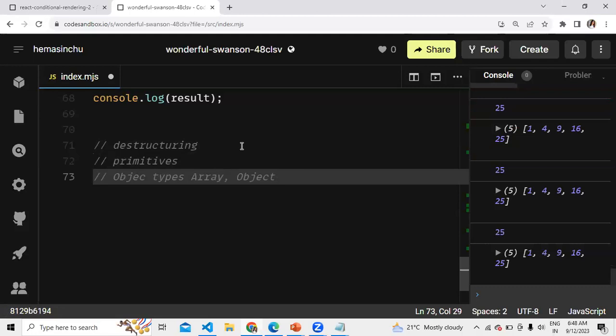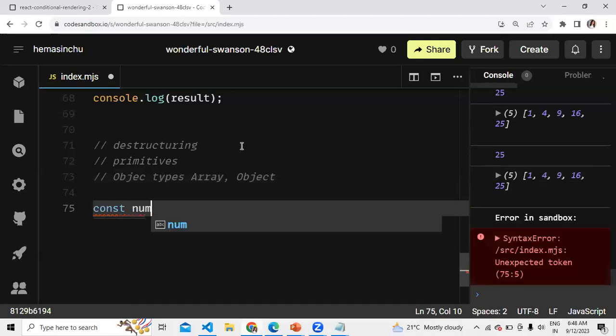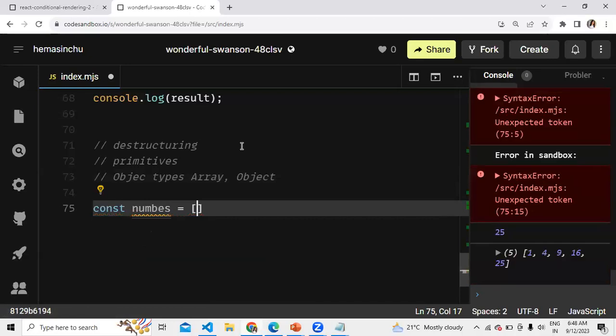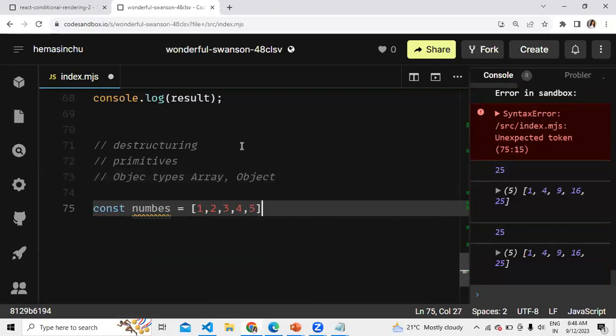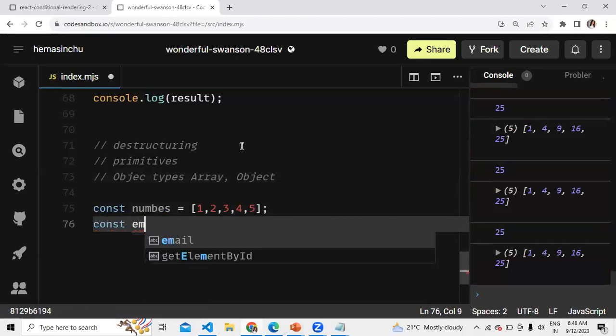When it comes to an array, I have a sequence of values. I can store any type of value within an array, let's say 1, 2, 3, 4, 5. Or I can have an object, for example const employee.